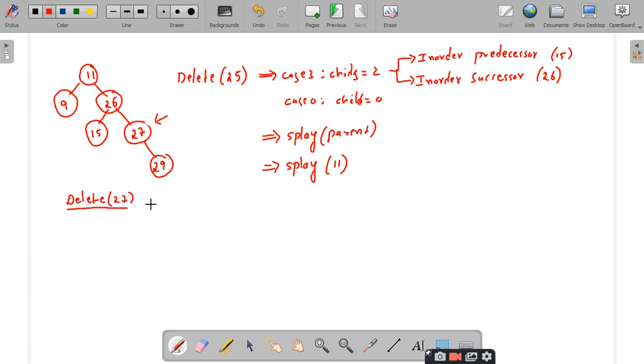Since you are following the bottom up approach, first you have to delete 27 and then you have to perform the splay of its parent. What is the parent of 27? 26, sir. So how do you delete this 27?